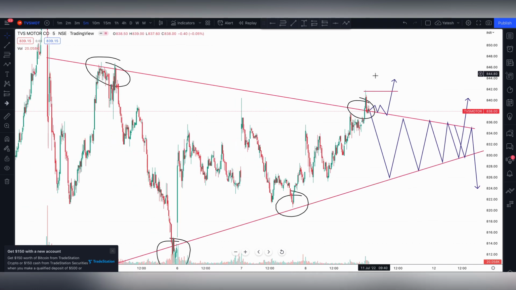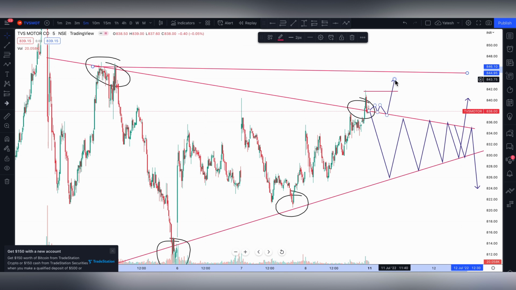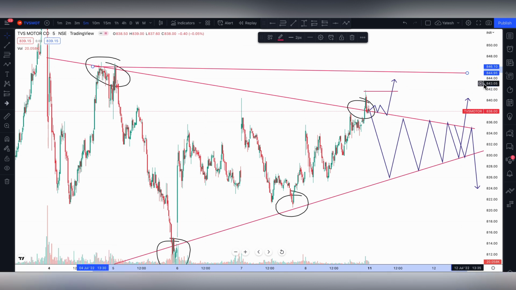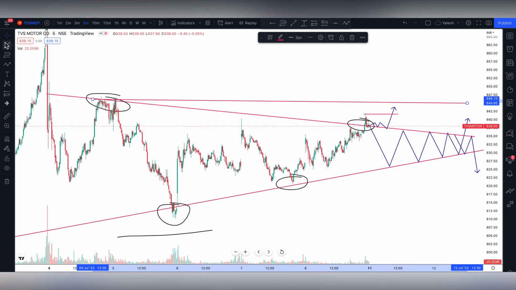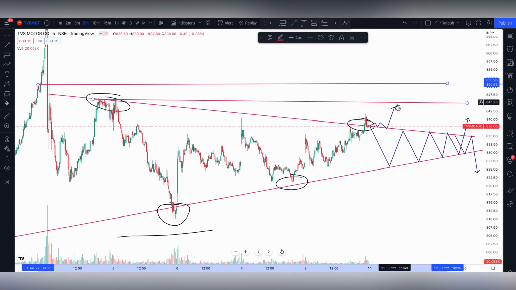Now if I enter the trade after this breakout, this level will be my target. I'm saying for intraday this level can be the target. Now if I scroll a little lower, the next target is somewhere here, this resistance. If the stock breaks even this level, for sure it will go until this level. You cannot expect too much percentage return during intraday. You can expect close to 1:2, 1:3 risk reward. When we make that, we exit the trade.